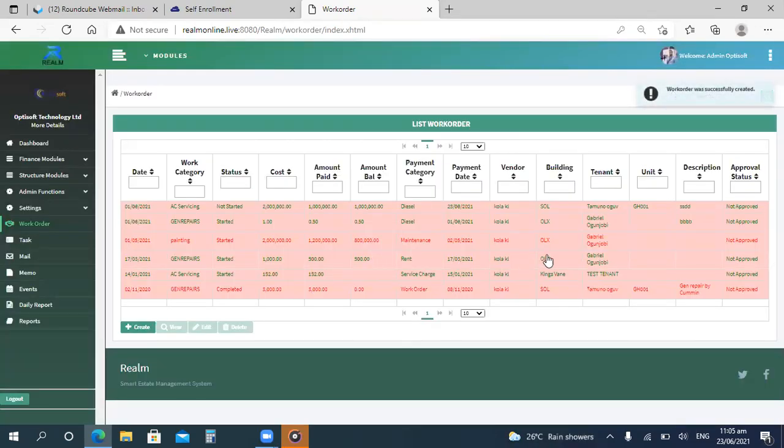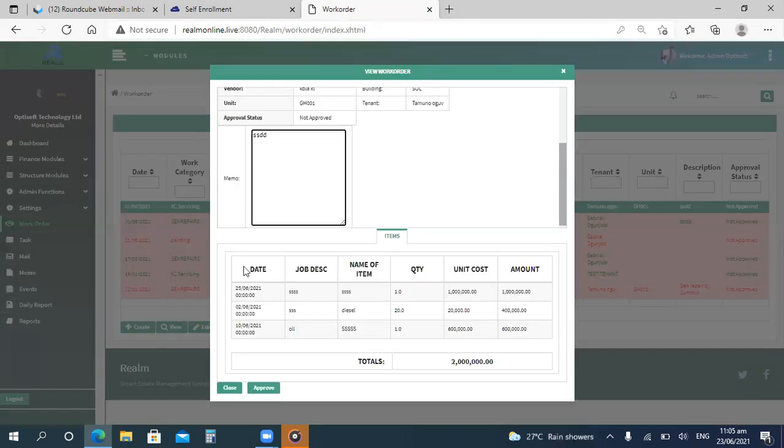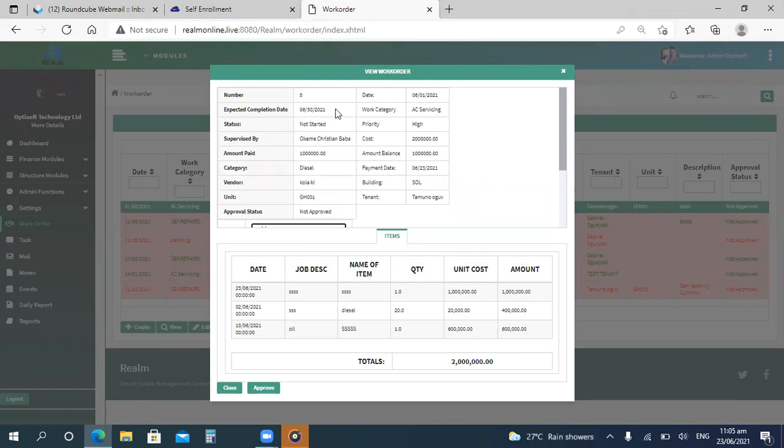After saving, it shows work order was successfully saved. So here, the authorizer of the work order or a superior officer at his own end will be able to see on this list of work orders, will be able to view this work order and give approval to it. If you're seeing it from here now, you see the breakdown, the number of them, the date, expected completion date, and the status, which is not started,